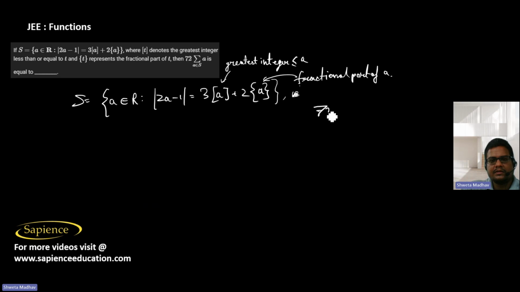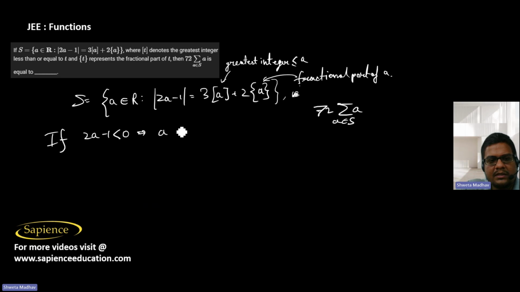So then we have to find 72 into the summation of all those a where a belongs to the set S. That is equal to how much? Here we can take two cases. If 2a minus 1 is less than 0, it means a is less than half. A is less than half, then we can say that